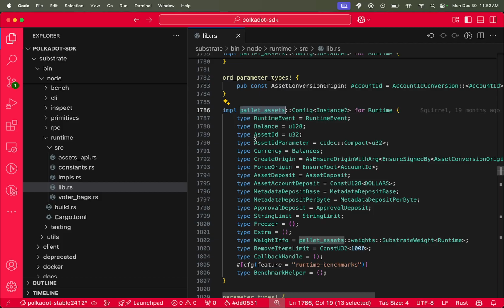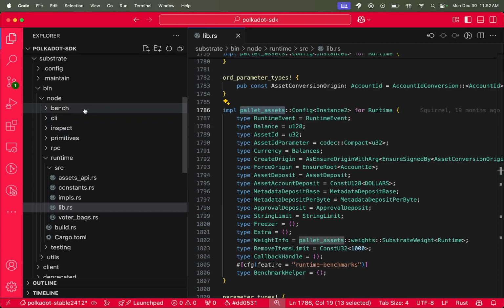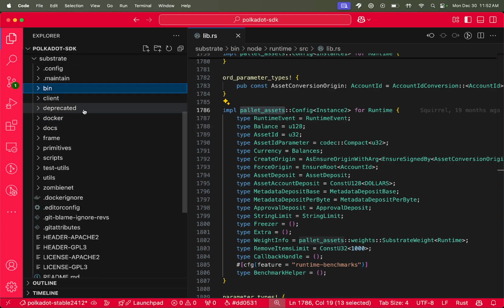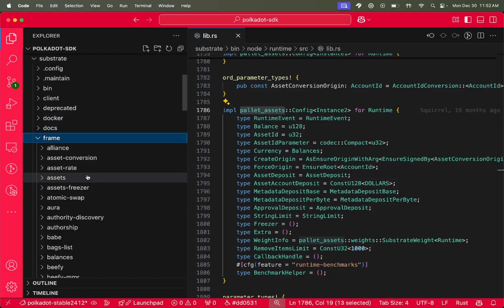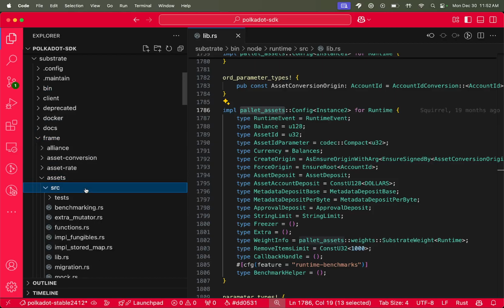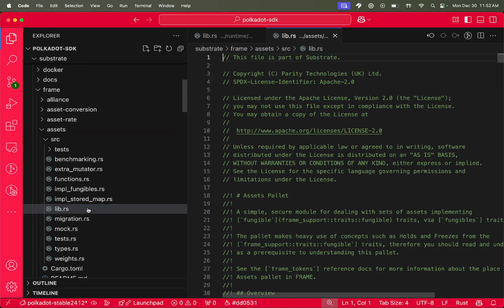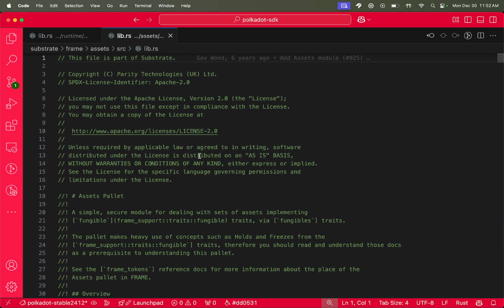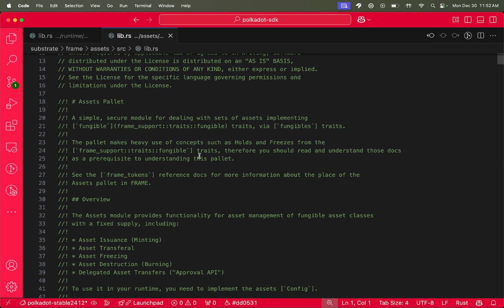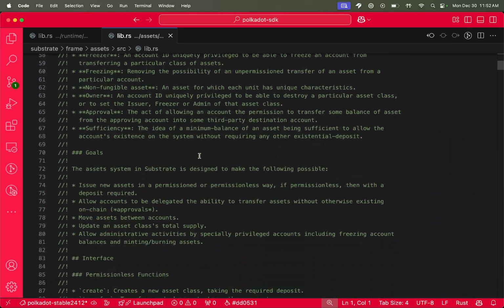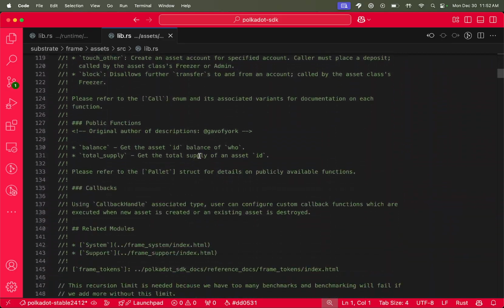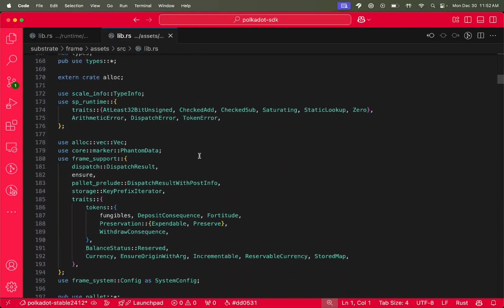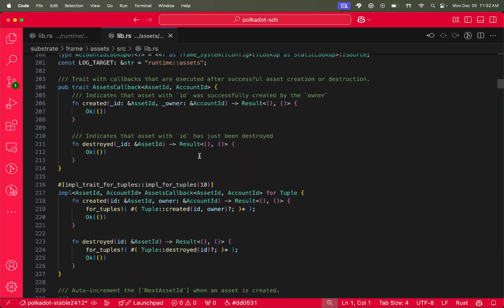This is the configuration for pallet assets. So if I were to look at, in my runtime, well, this is the runtime. If I were to look at the frame folder and look at pallet assets, the actual code for pallet assets, and go to lib.rs, so this is the assets pallet. And if I scroll down, you can see how it's really amazingly documented. If I scroll to the configuration,